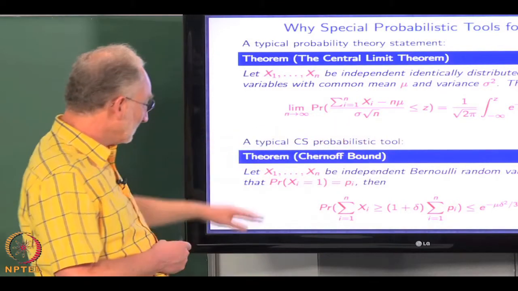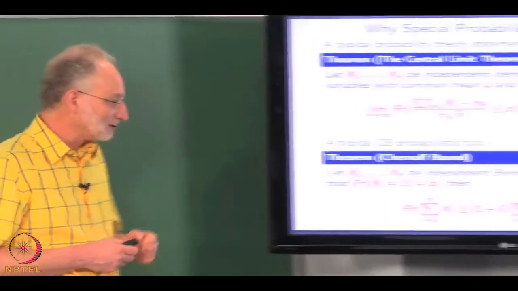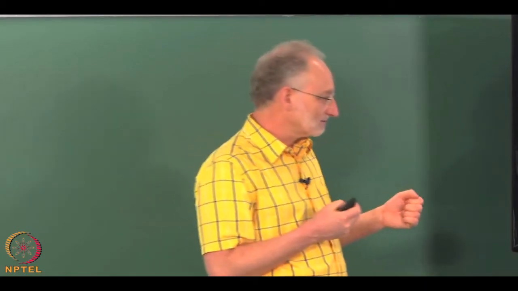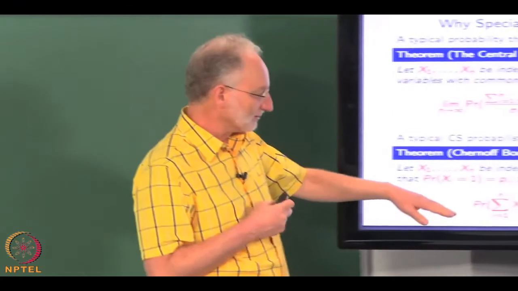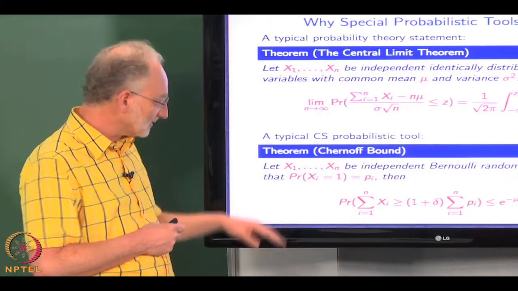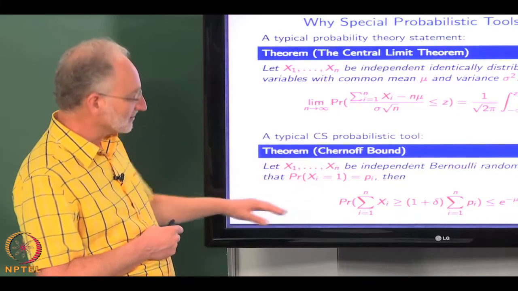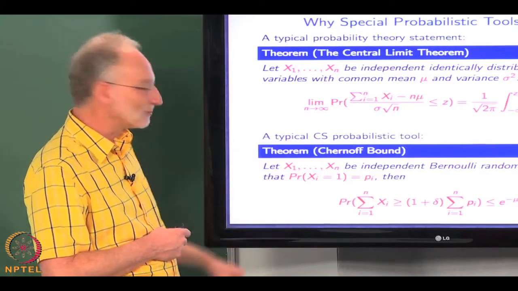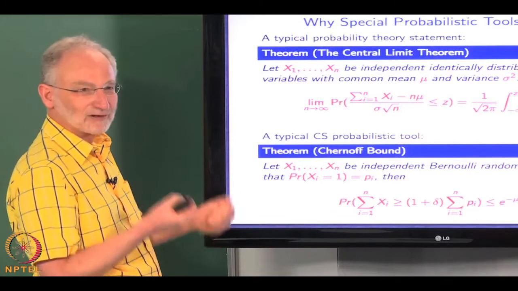Okay, so in computer science, we want to have something where we don't care about the limits. We care about how far we have to go in order to be sufficiently close to the limit. Or in other words, this is the standard Chernoff bound. We'll get to this in detail, but just to give you a flavor of what we're going to do here